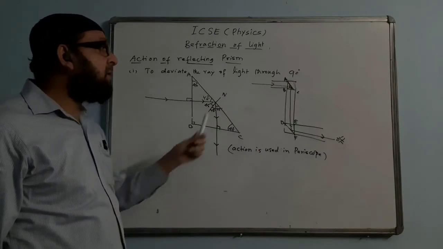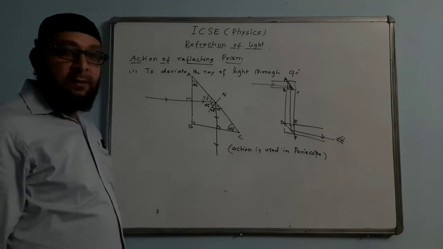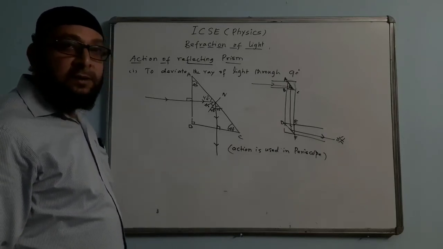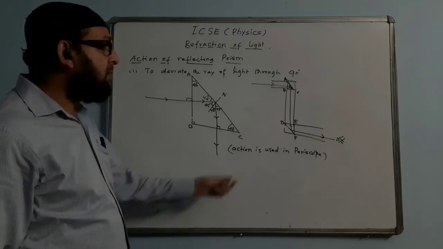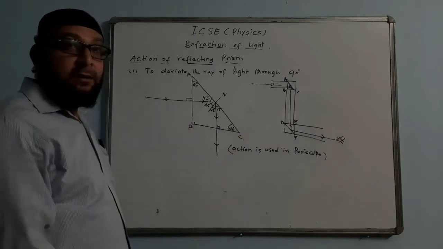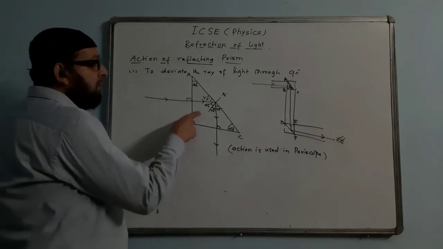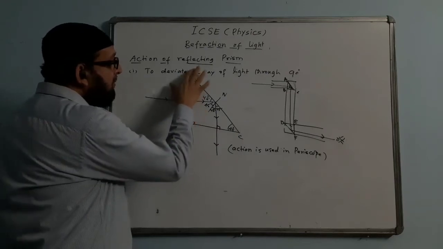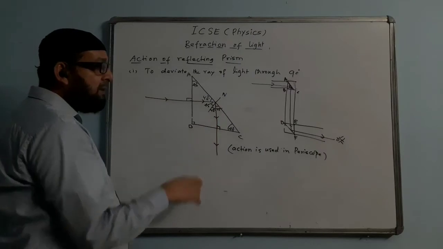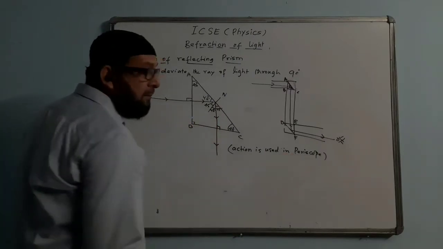Which is better? We say the prism is better, because the prism reflects the rays of light on the basis of TIR, where no loss of energy takes place. So the image formed by the prism periscope is brighter than the image formed by the mirror periscope. If an incomplete diagram is given, they will ask you to copy and complete it. Where is this action of the prism used? We say it is used in periscope.